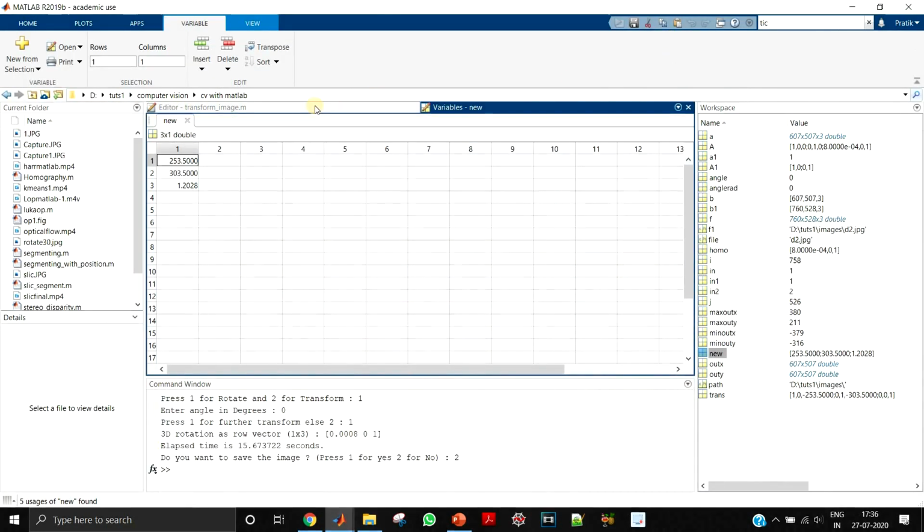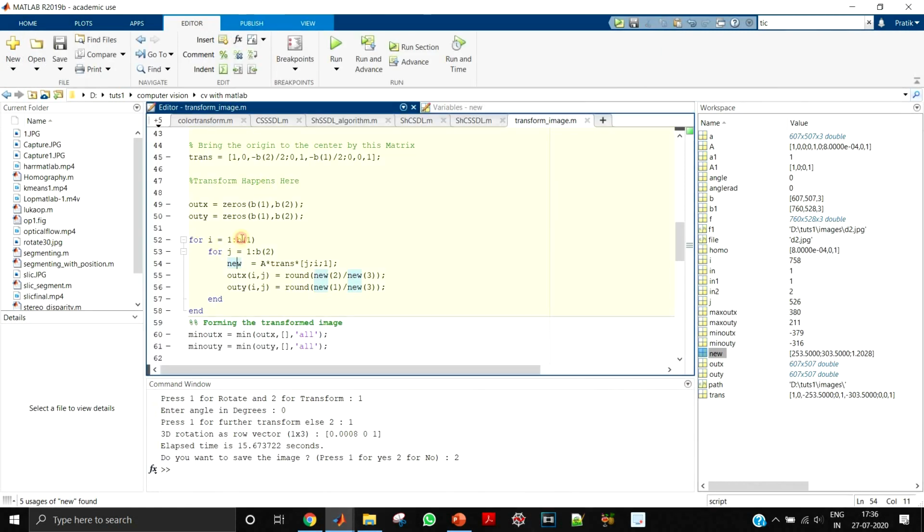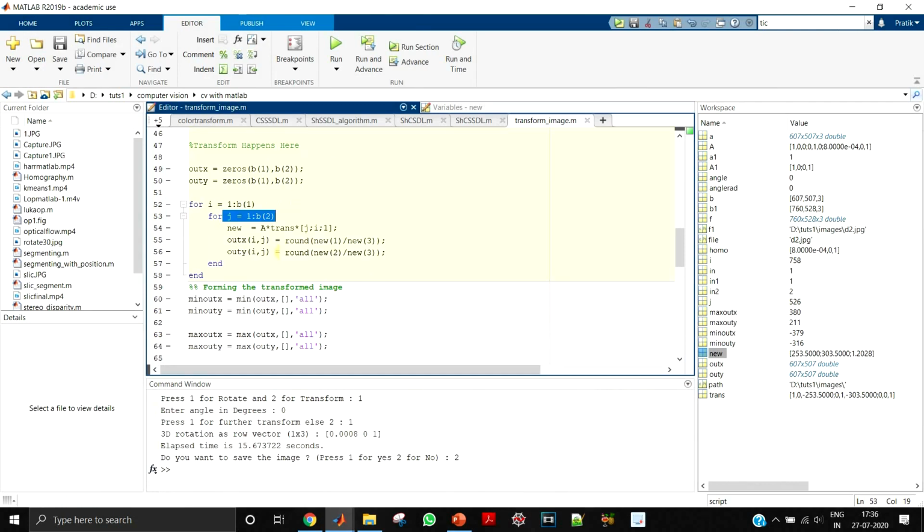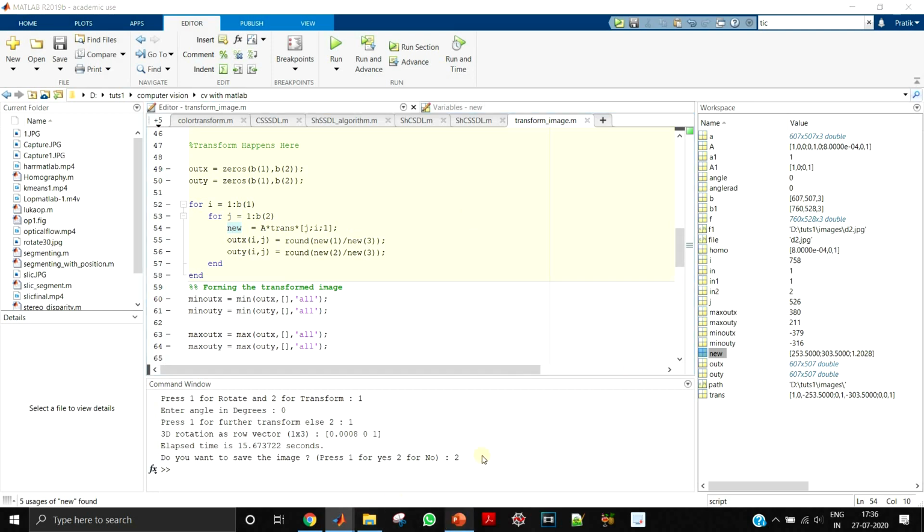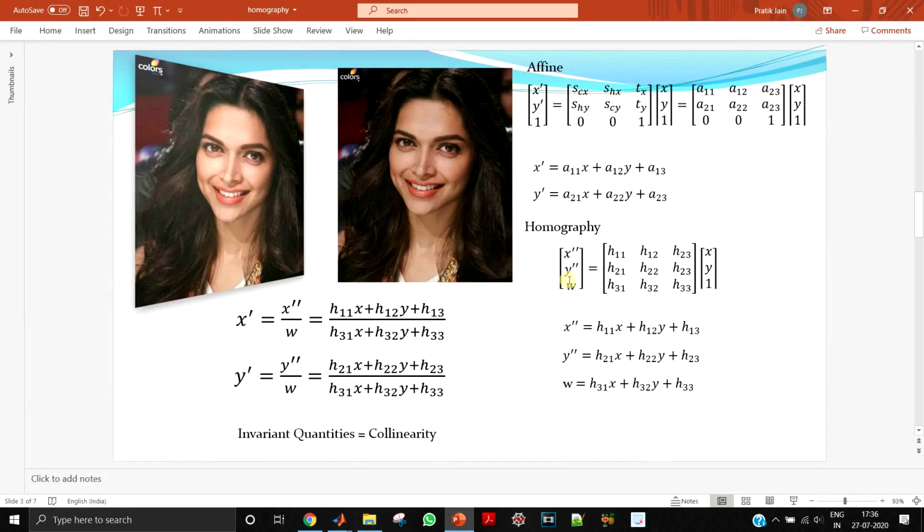For that there is this loop, for i equal to 1 to b1, for j equal to 1 to b2. For all these pixels you have to do this transform and get this new variable. This new will be the matrix, where x double dash, y double dash and w, these three things will come in new.